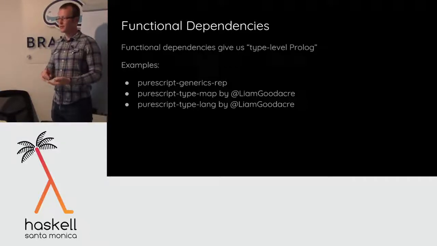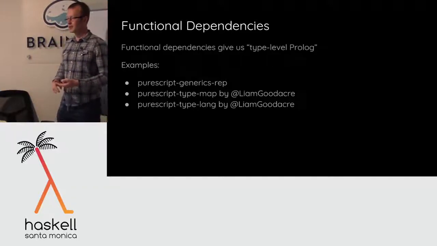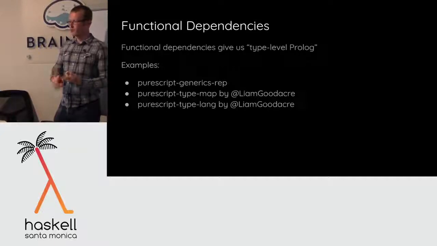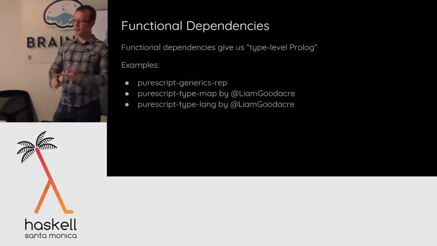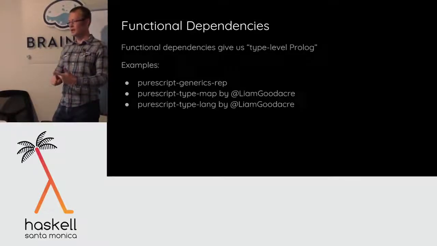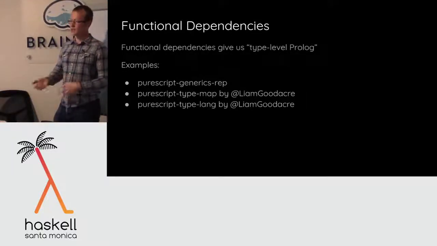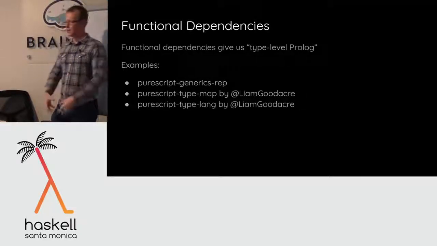Eq instances are often really boilerplatey, because you write them all exactly the same way. If the type you have is a product of 2 smaller types, then all you have to do is check that both components are equal. If it's a sum of 2 smaller types, all you have to do is check, are they both in the same summand? Are they both at the left or are they both at the right? And if they are, check equality on the smaller thing inside. Okay, and then I have equality for integers and all these primitive types, strings, what have you.